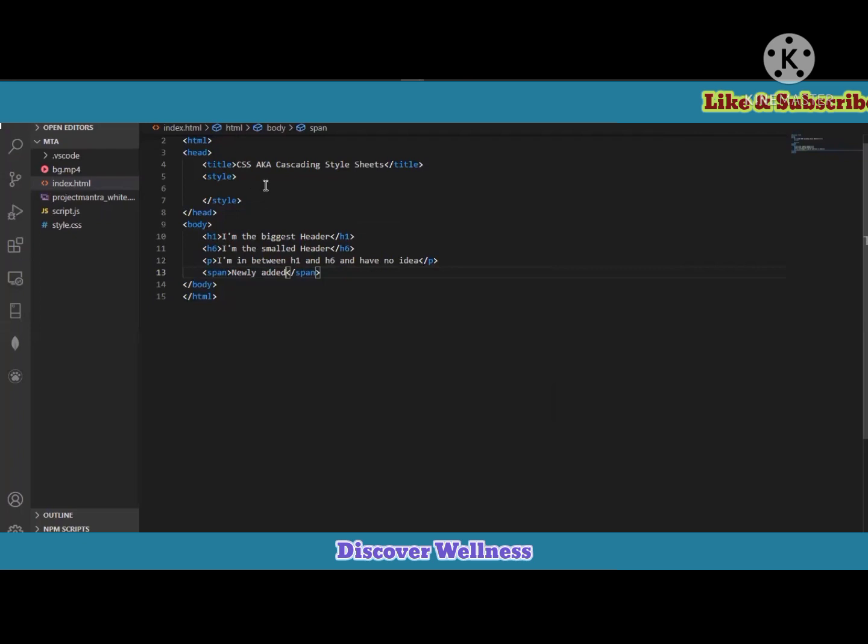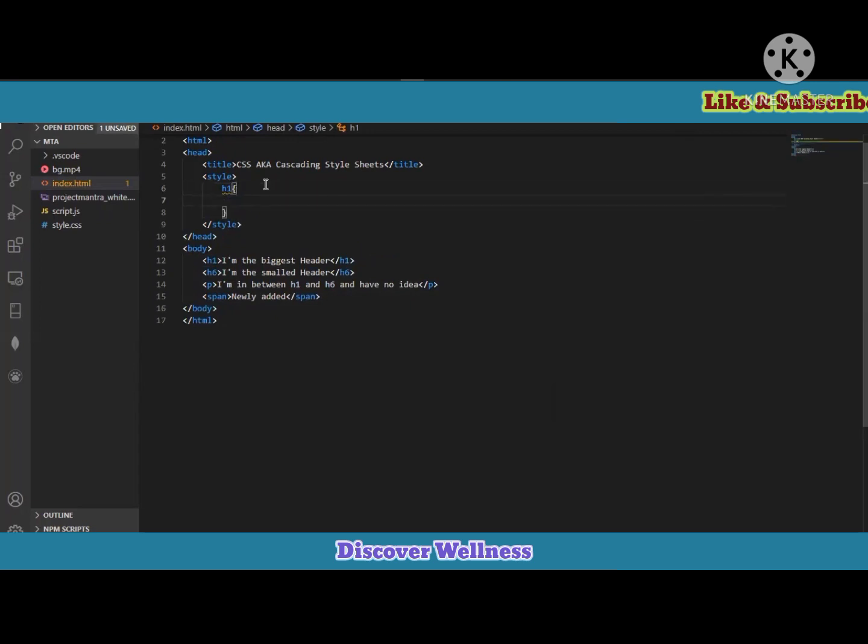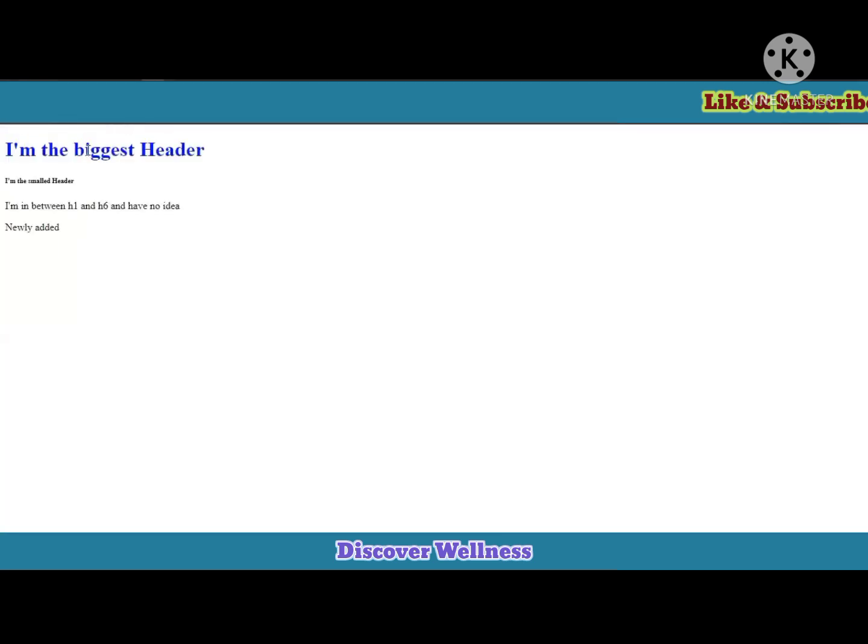In order to call these tags, we shall take their names, followed by which we will utilize a set of curly brackets and then tell the style that we need. So color blue. And when we execute the statement, only the element whose name is called in the selector will have the changes taking place. So let's say we need to say